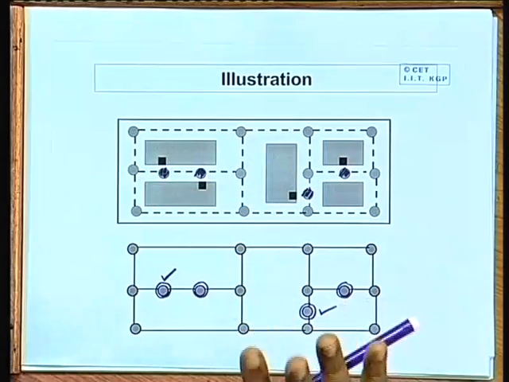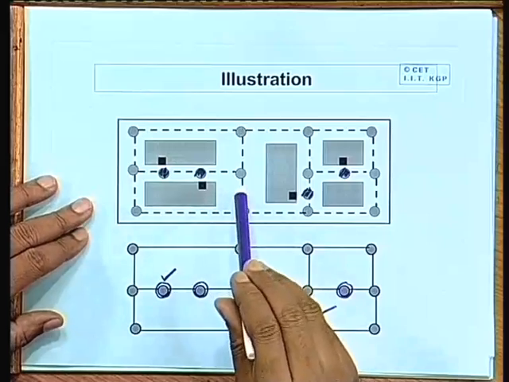My answer is no, because this is not the detailed routing you are doing. You are only finding out the tentative paths, but in case of Lee's algorithm, for example, there the detailed path was found out. But here we are just saying that we will have to pass through this channel, then this channel, then this channel. You just check whether the channels have sufficient capacity available or not, that is all. Detailed routing will be taken up later. Okay. Fine.